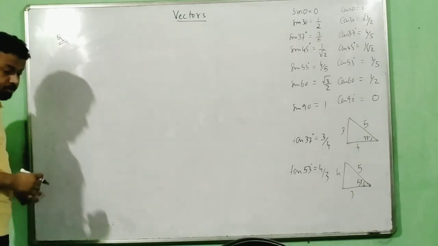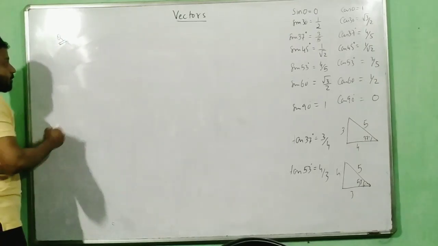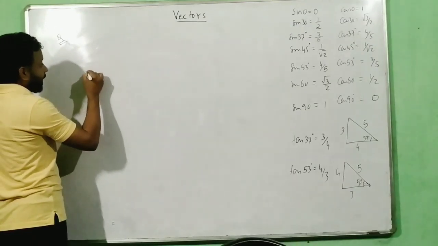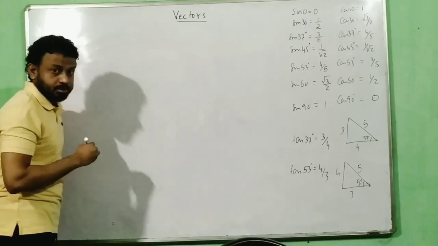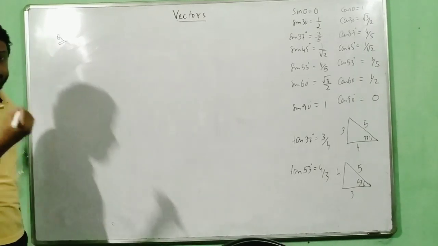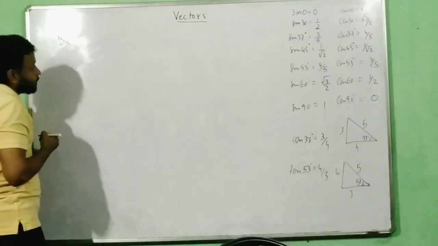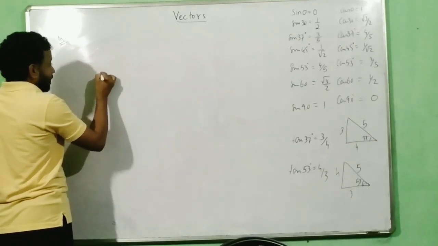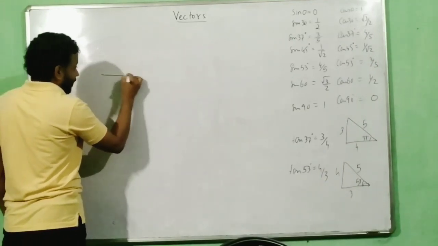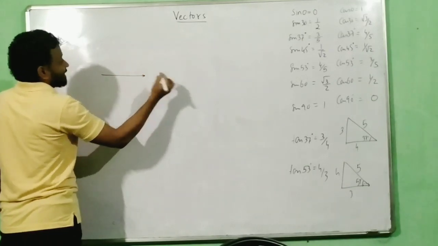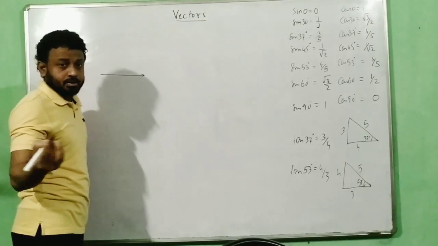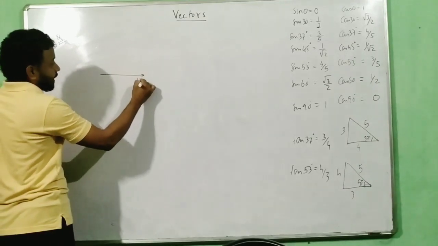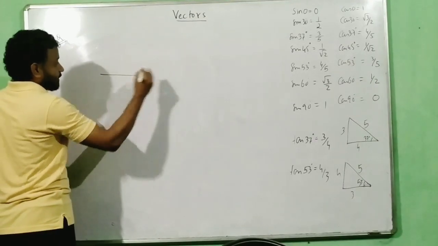Let's deal with the question over here. Say that I have 3 vectors in space, and I want to know the resultant of these 3 vectors. Now how are these 3 vectors given to me? The 3 vectors which are given to me are in this manner. This is my vector A. Let us deal with force as a vector. So let me consider a force of 10 Newton pointing along this direction.